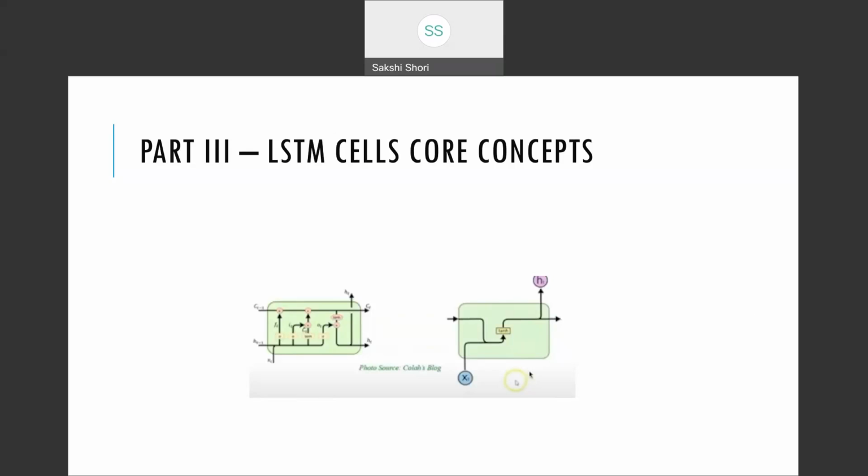The gates have their weights, and through the recurrent neural network learning process, it will decide which information is actually relevant to keep or forget during the entire training process.